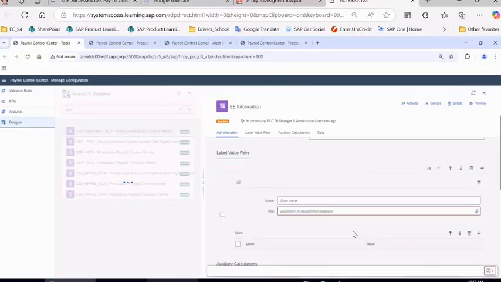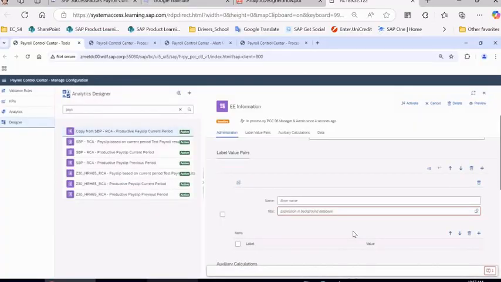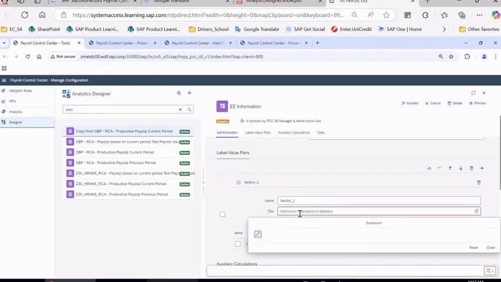First section about org assignment and second section about the bank information of our employee. So section, yeah, this is something like ID, and this is what we can see in the